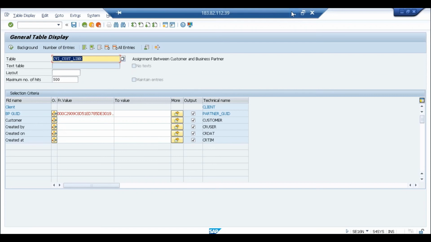So are we saying that CV underscore cust underscore link or vend underscore link is for customer vendor? So for each of the other roles, do you know the tables? I mean, you don't have to know everything, but I'm just asking if you know that each of them is a table, all of the links? No,